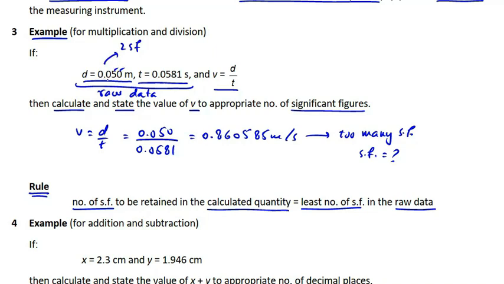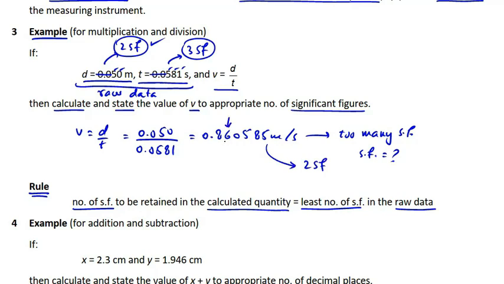As these zeros, the leftmost zeros in the decimal value are non-significant, and t has 3 significant figures, 5, 8 and 1. Here again, students, these zeros are non-significant. Now look students, in the raw data, d has the least number of significant figures, which is 2. So according to the rule, the calculated value of v should be rounded off to 2 significant figures, that is,